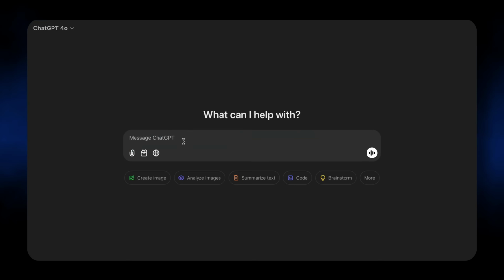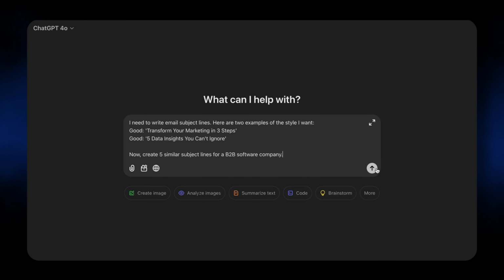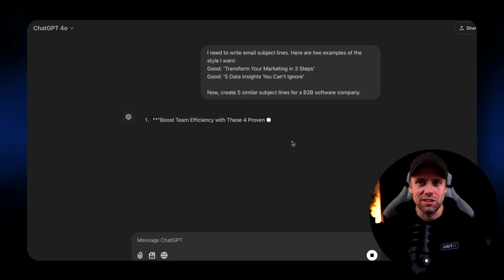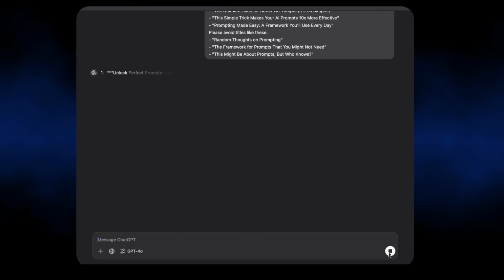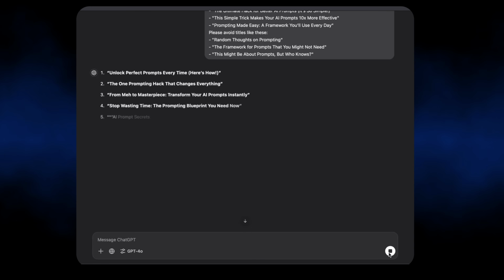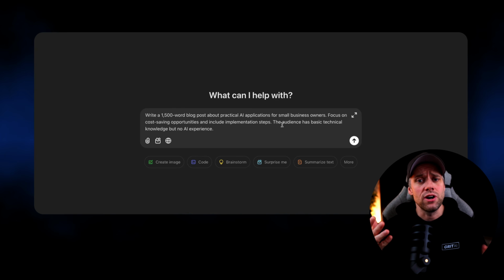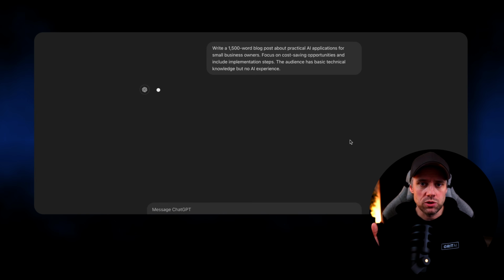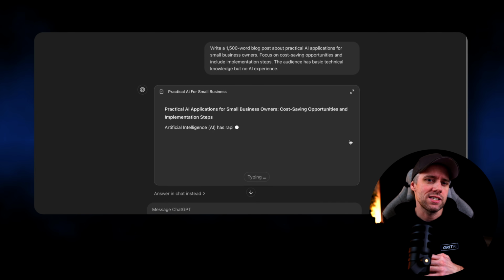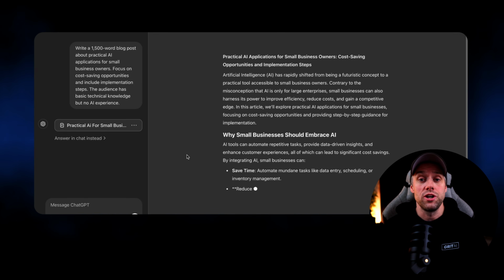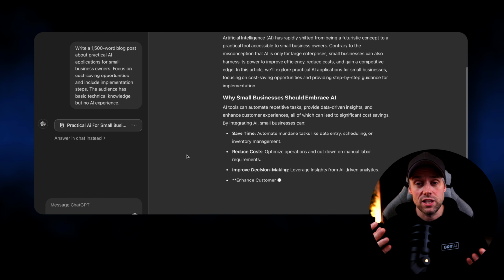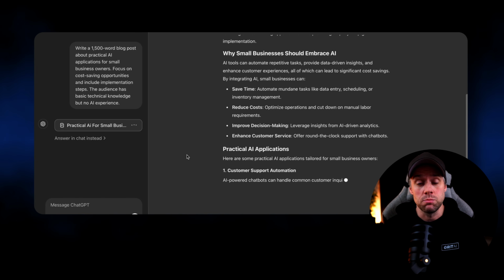Let me show you. Include a few examples to guide the AI. Watch how the AI matches our exact style and format. You can provide examples of desired structure, writing style, or even examples of what you don't like. So now that you have the framework, let me show you exactly how to use it with these real-world examples. In this case, we define the role, we're specific about the output we desire, and we provide some context about the topic of our blog post. And we can also add some details about our audience and the level of knowledge that we expect them to have when they're reading this blog post.